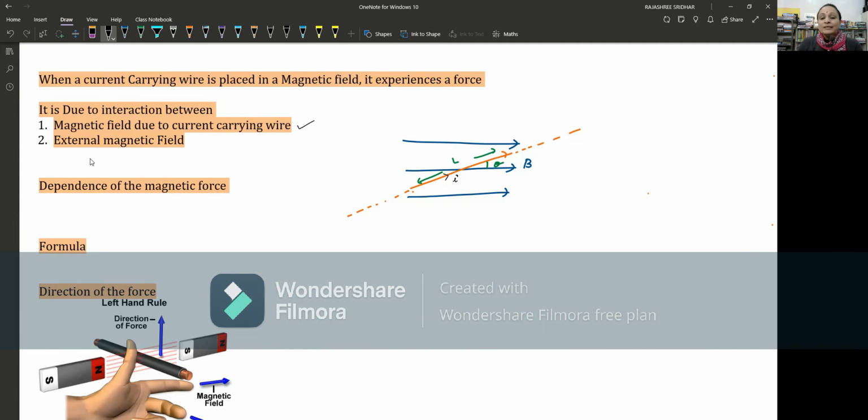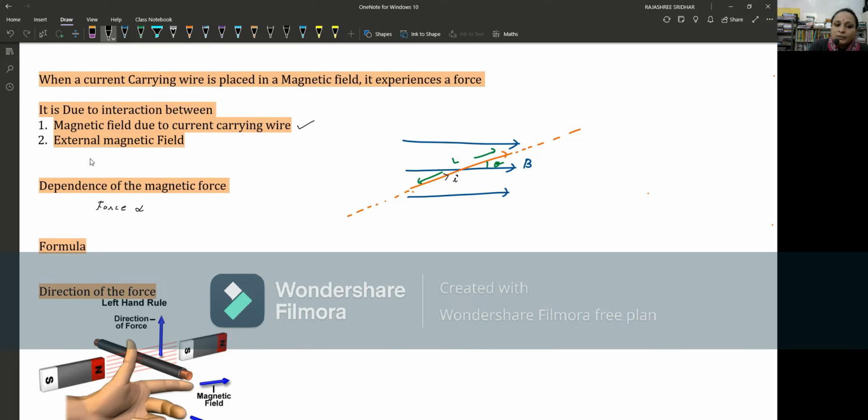Okay, now next is how much this force will be. See, I have placed this wire, which is orange in color, representing it. It is carrying a current of I, and it is placed in an external magnetic field, which is uniform, B, and the wire which is kept in the magnetic field has a length of L. And it is making an angle of theta with the magnetic field. So what are the factors on which the force will depend? So the force on the wire